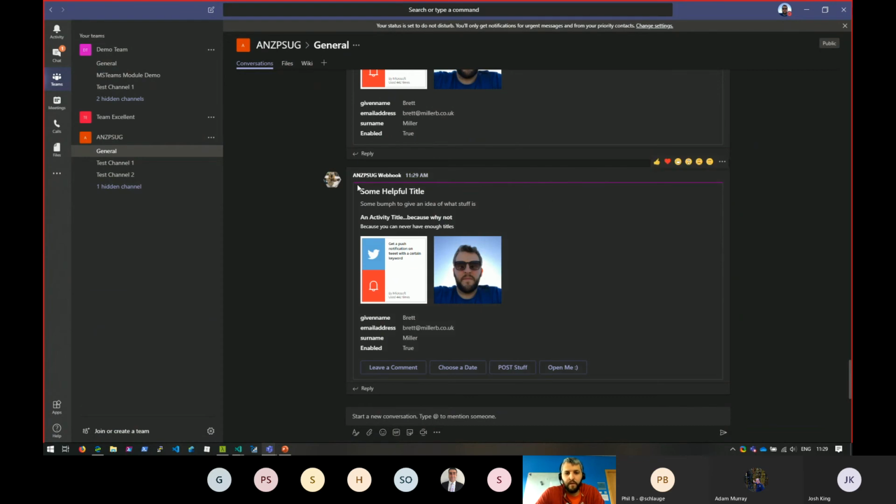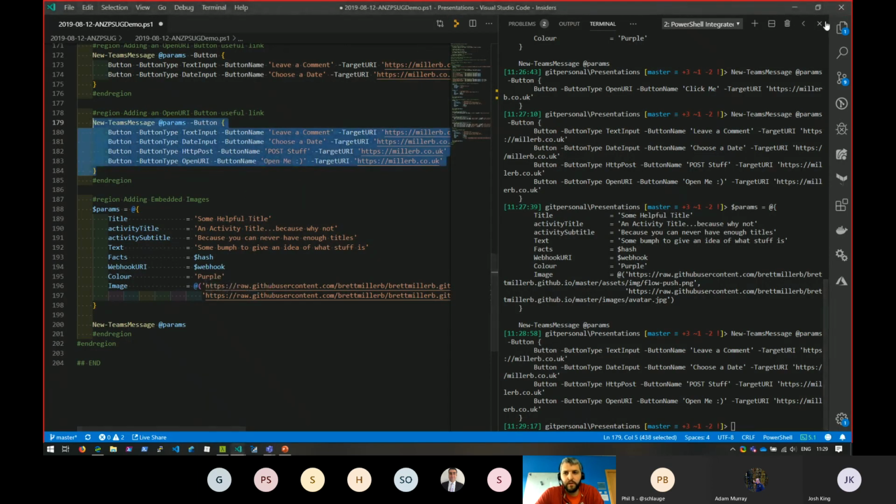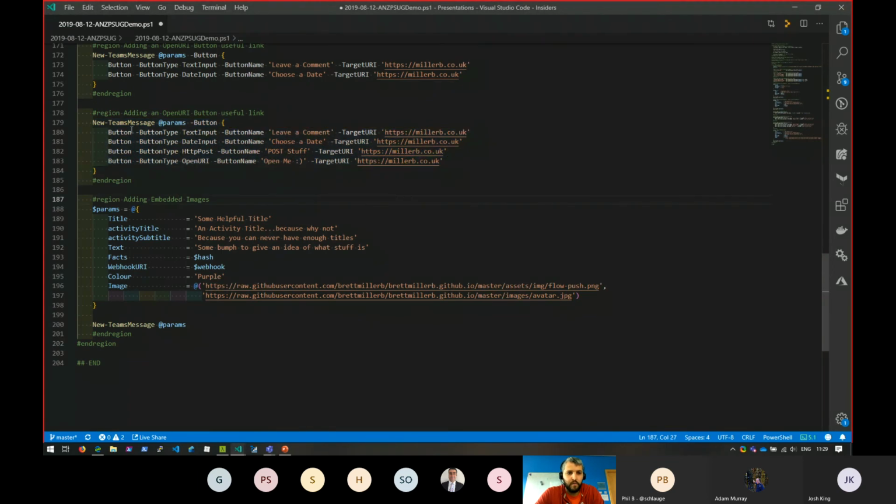I haven't looked at it in a while. Like I say, I did it quite early on when Teams went GA. It needs some updates and some fixes put in there, but for the functionality that it offers, it's really easy to use. As you can see, it's just some basic PowerShell commands, and it literally uses one command, New-TeamsMessage, and then you've got a button parameter as well. Sorry, a button command, which you just use as a script block.